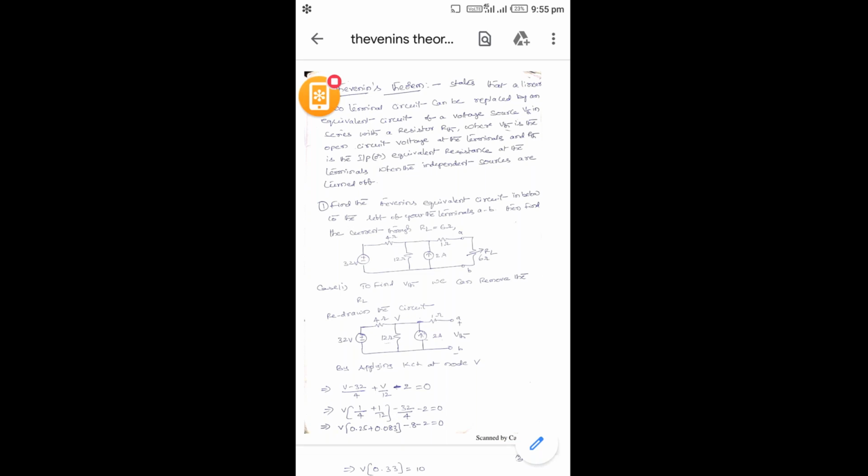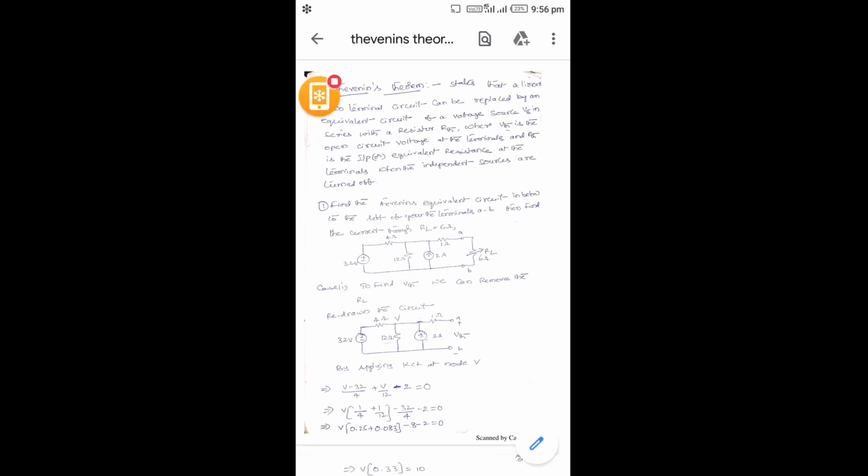Based on this theorem, in a linear circuit with resistances and independent sources like a voltage source or current source forming a closed path, we can apply the theorem when connecting across particular elements like terminals A and B. We can find VTH and RTH across the terminals, with the voltage in series with the resistance forming the Thevenin's equivalent circuit.